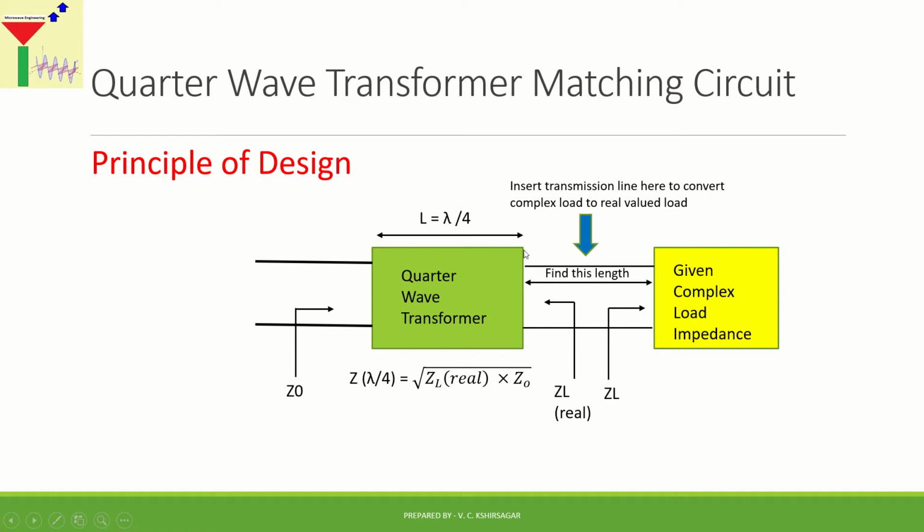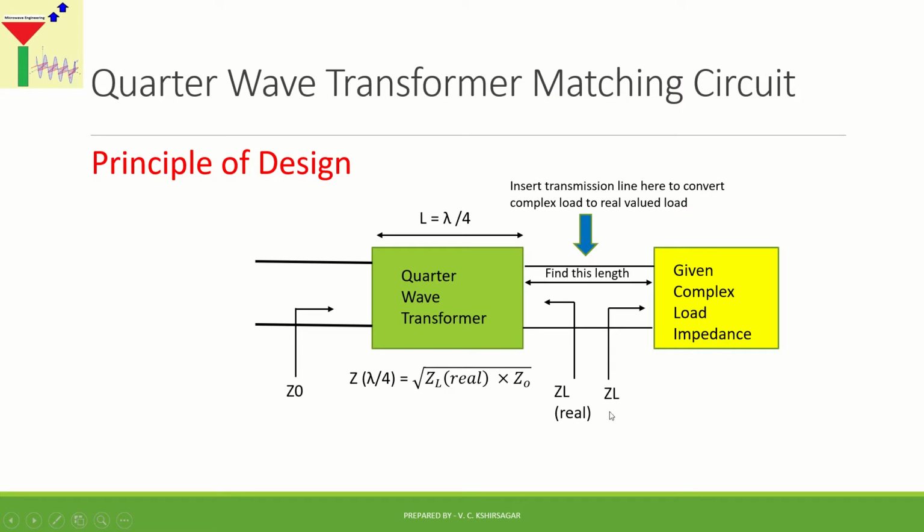Okay. Then we take the length of the quarter wave transformer always equal to lambda by 4, which will transform the real value of impedance on the right hand side to the characteristic impedance value on the left hand side. So in this way, if we look into the quarter wave transformer on the right hand side, we will always find that the characteristic impedance is matched with the transmission line, and we will ensure that the signal will propagate only in a forward direction. Okay. So this is just a simple principle which illustrates the use of a quarter wave transformer matching circuit.